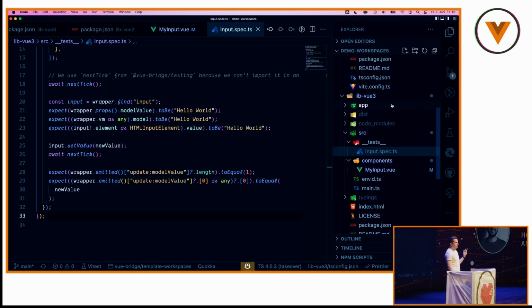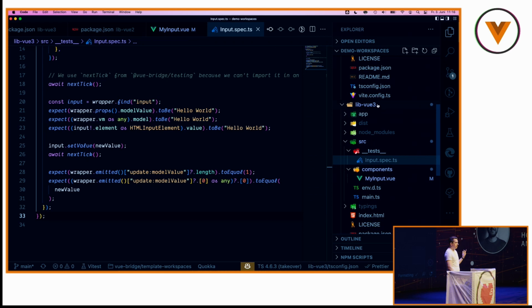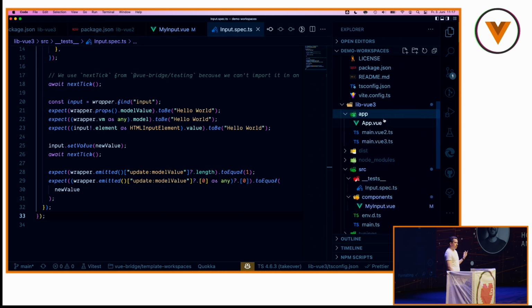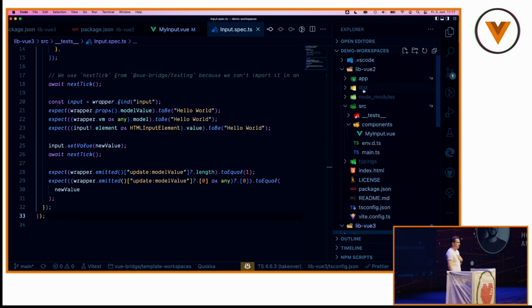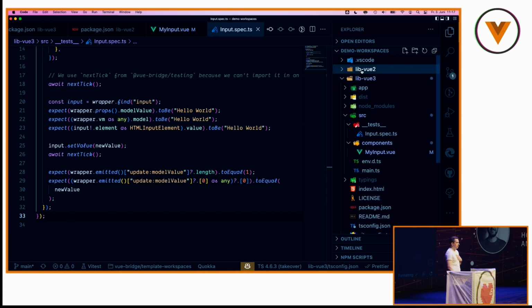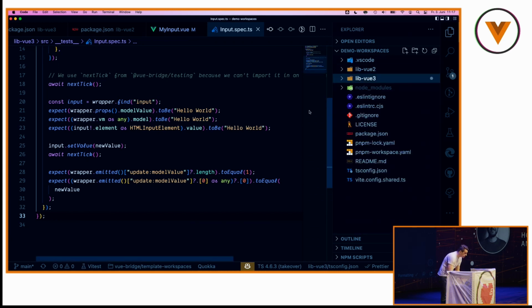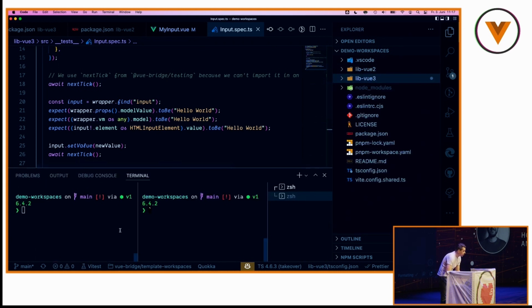So what I also included in this template is that each of these versions can run a little application. It has 2 different entry points here just because installation of plugins is a little bit different in a consuming application. But again, this app folder is just a symlink here in the lib-vue2 folder. What we can do now is when we run pnpm dev vue3,